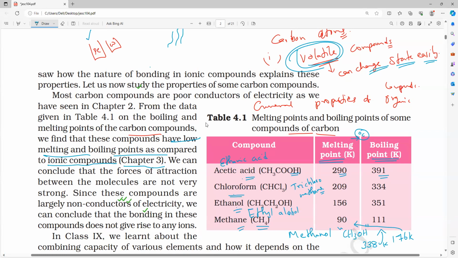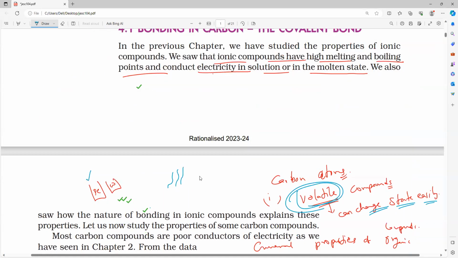Clear? And all the carbon compounds, if they burn, what gas will they produce, everybody? They will produce carbon dioxide on burning. That is the burning test, the most important one. Next, they may burn with a luminous or non-luminous flame. That is also very important. It means they may catch fire and burn with light, or they may not catch fire and burn inside itself, that is non-luminous. They can burn with or without a flame.